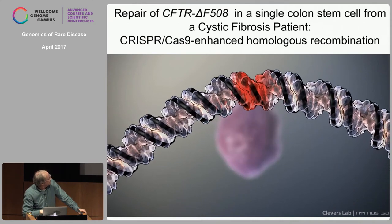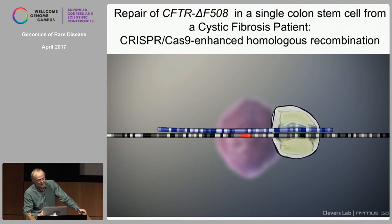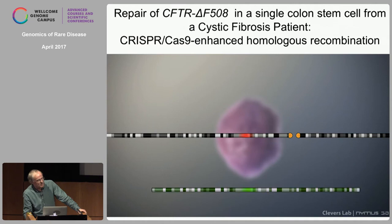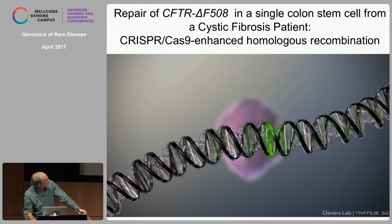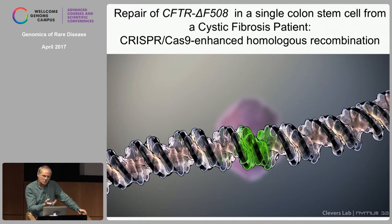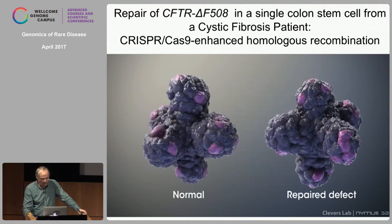So, probably quite obvious to you. We design a guide RNA that's very close to the mutation that we try to correct. Fabian and one other person caused a double-strand break with CRISPR-Cas9, and provided a longer piece of DNA that bridges the gap, and by molecular recombination will replace the mutation with the correct sequence. And then we do this in multiple cells. We grow up clones. Whenever we transfect and grow organoids up, the organoids tend to be clonal. We just sequence, or we can do a functional test, and then hope to find organoids in which we replaced